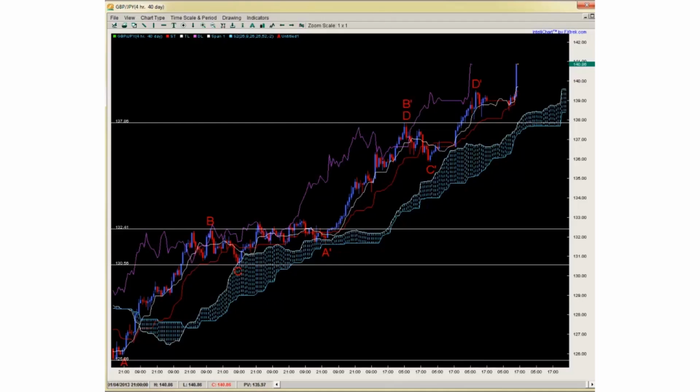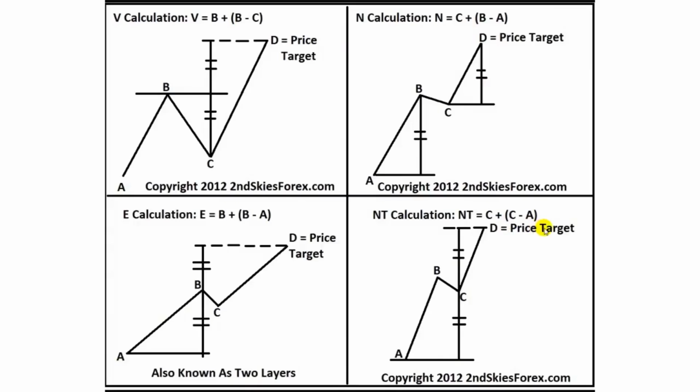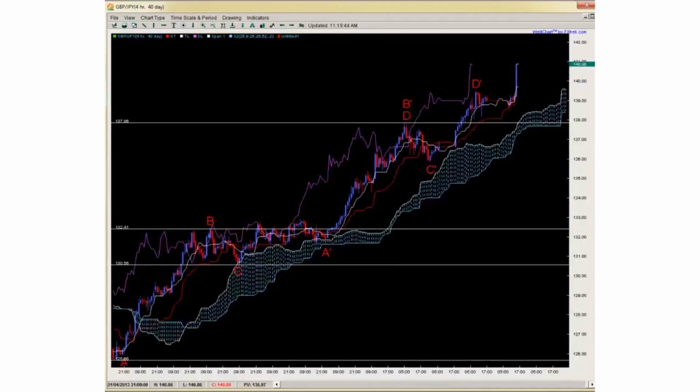So let's take a look at this now. If we remember back from our model here, we'll start with an N calculation. So it's C plus B minus A. So we need to take B, subtract A from B, and then add it to C. Whatever the remaining value of this is, added to C. So going through this here,